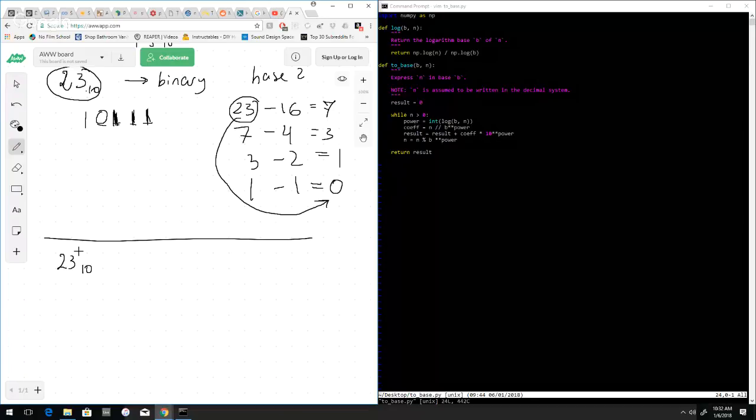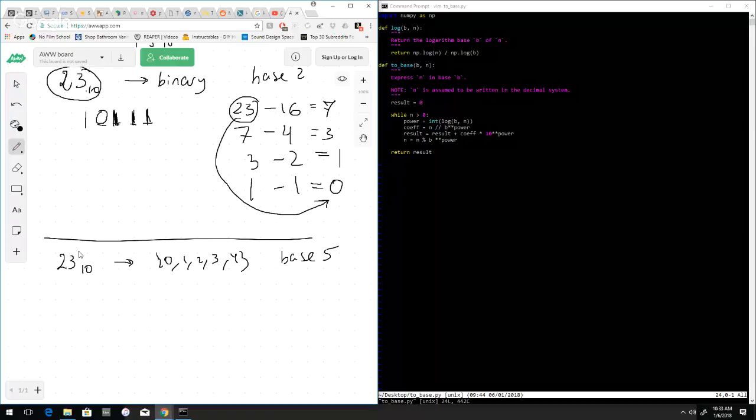This is in decimal, and let's try to go to base 5. What is base 5? We have digits 0, 1, 2, 3, 4. These are my digits. I want to go to base 5 here. Now, same process repeats. What is the highest power of 5 that fits in 23? Well, the highest power of 5 that fits in 23 is, of course, 1, because 5 to the second power